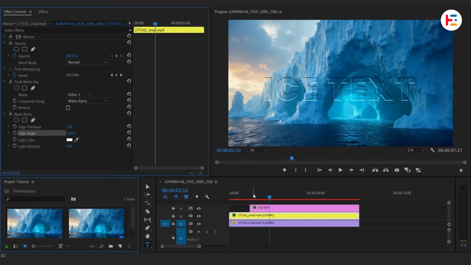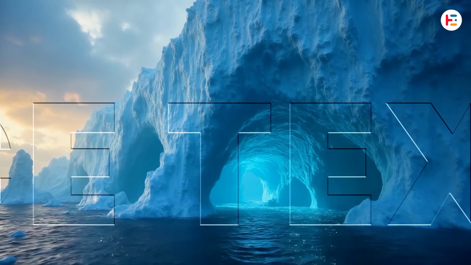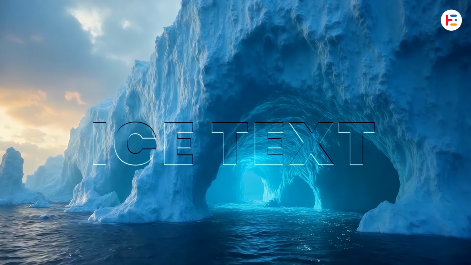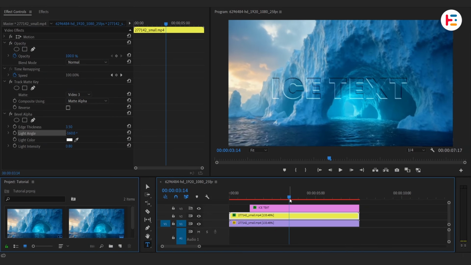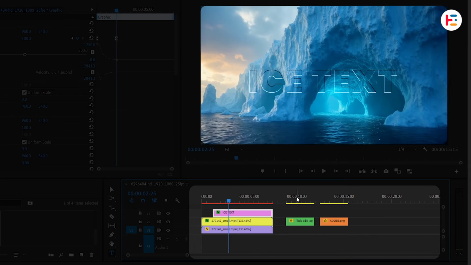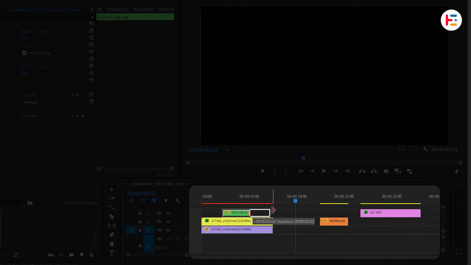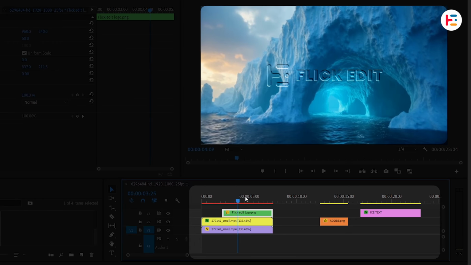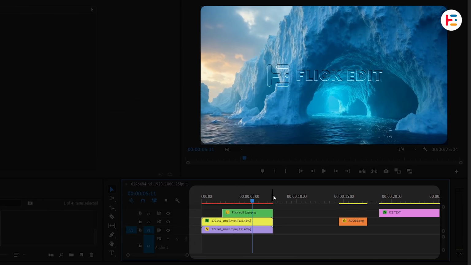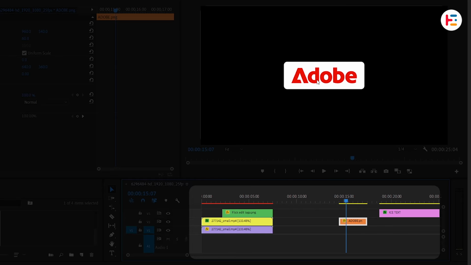So now the big question, can we use this same technique on images? The answer is yes and no. Let me show you. Here's our channel's transparent PNG logo. If I drop this on video track 3 instead of the text, the effect looks amazing right away. But if I try something like the Adobe logo, which doesn't have transparency,